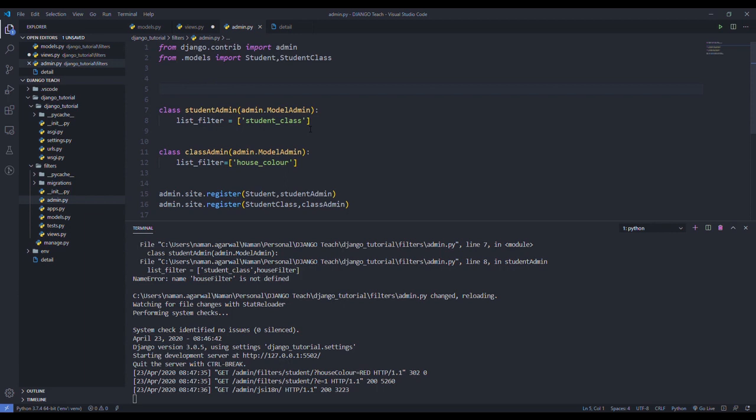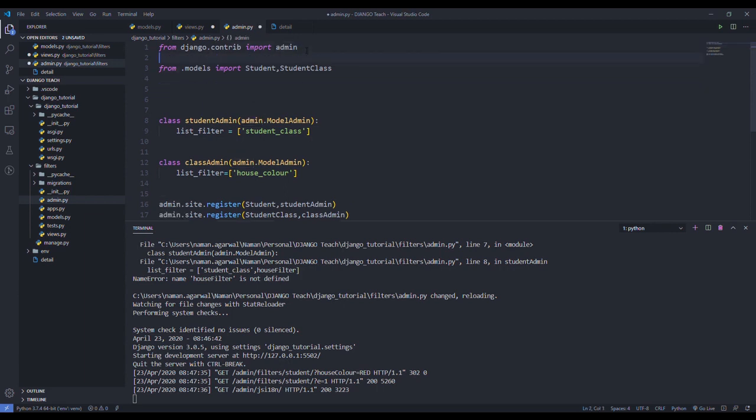So now let's start with the custom filter. For custom filters, we import from django.contrib.admin import SimpleListFilter. This will be used to create a custom filter. Got it, guys?